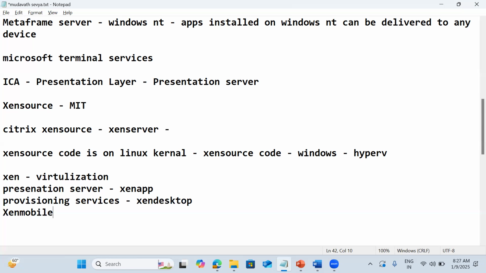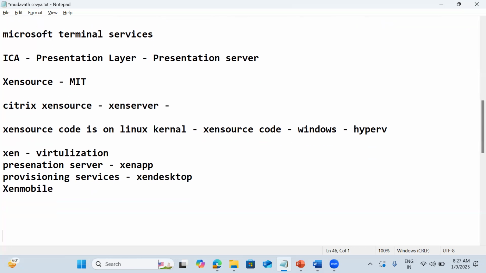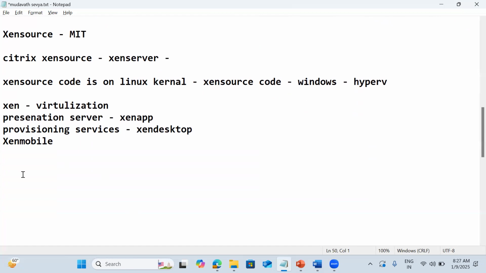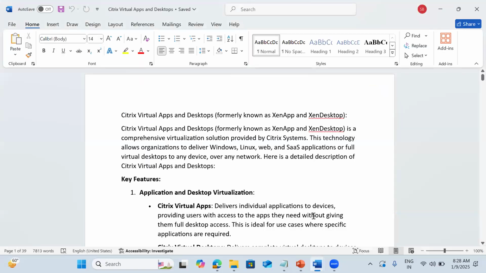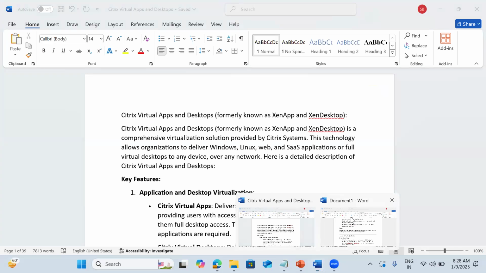Then Citrix acquired another very good company, which is also Hyderabad based: Cloud.com. Cloud.com was acquired by Citrix itself. In the middle, Zen App and Zen Desktop were merged into a single solution.